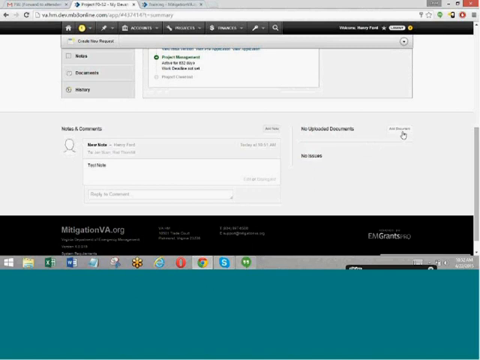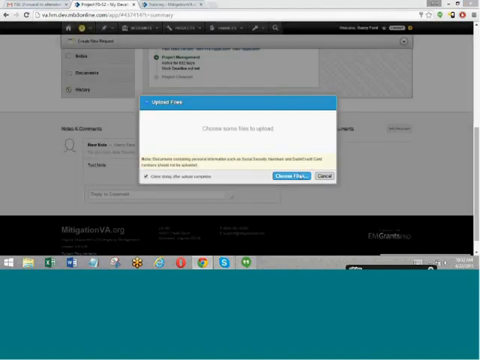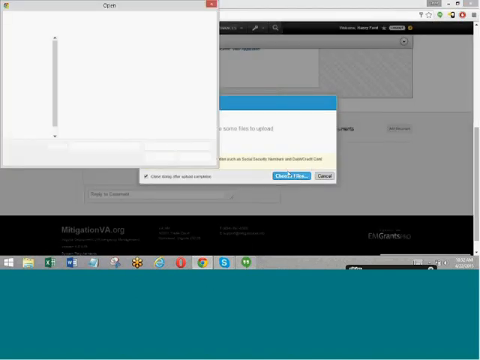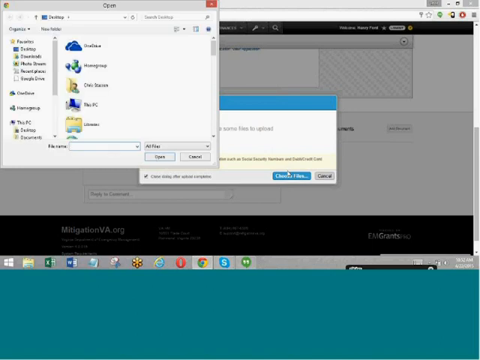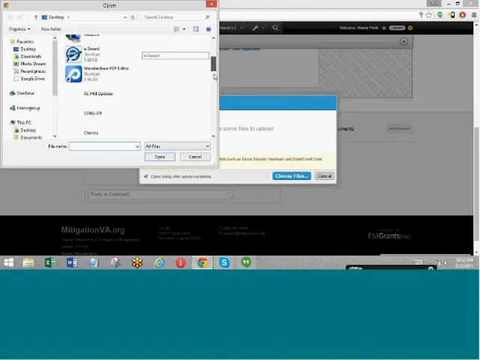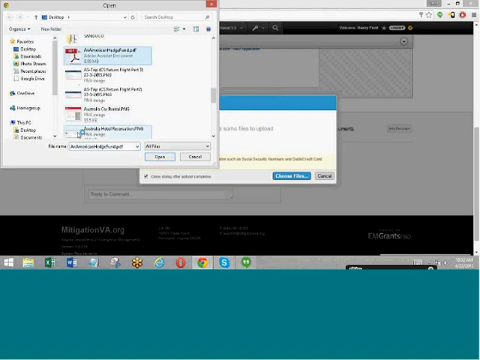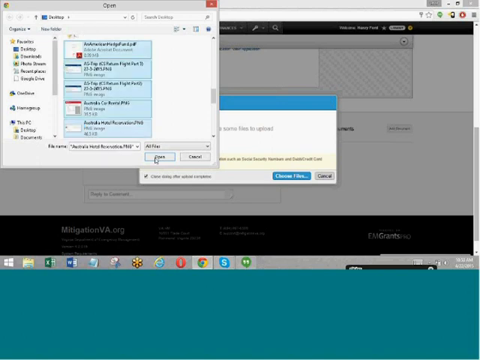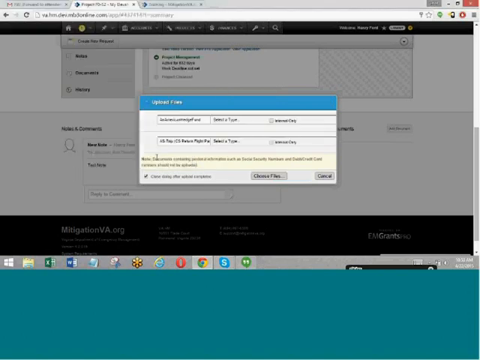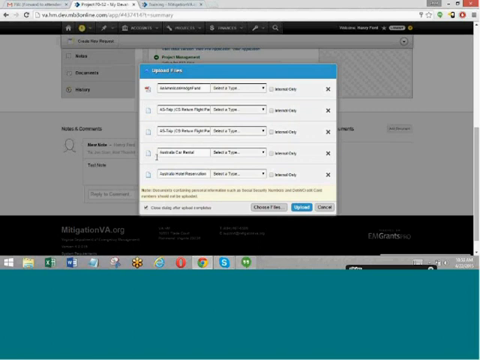In terms of uploading a document, you can just click the Add Document, say choose a file. What this will do is actually allow you to upload multiple documents in one go. So if I were to just go down here and select some documents here, you'll see that it will automatically start importing all 5 of those documents, and there's no limit as to how many you can select.